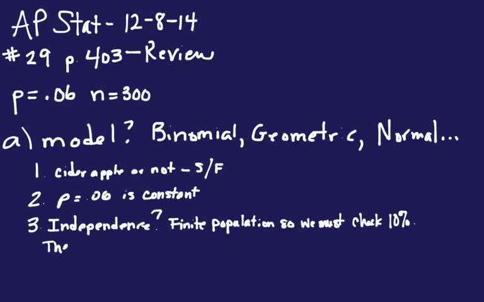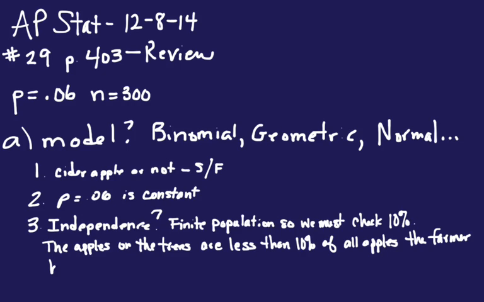We're taking apples from a certain orchard, and one tree produces 300 apples, so we would assume that his entire orchard would produce more than 3,000 apples. That is definitely true. I don't even know how many apples are produced in one full orchard, but I've been to several orchards, and there's lots more than just a few trees. So